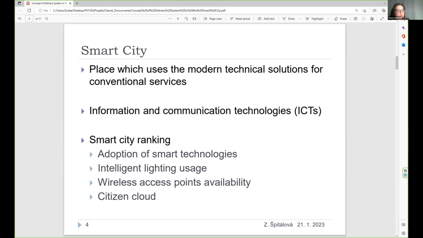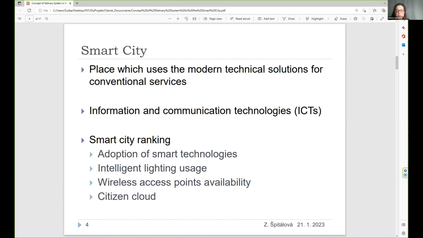Regarding these cities, there are rankings done periodically, and this ranking is related to the certain level of smartness which the cities can achieve.